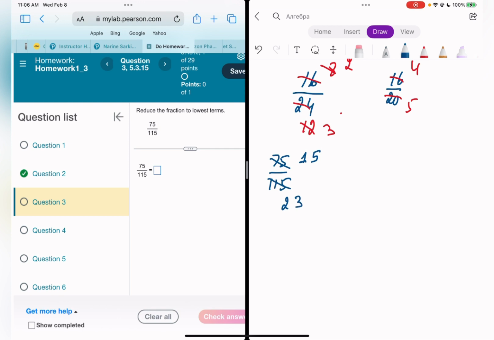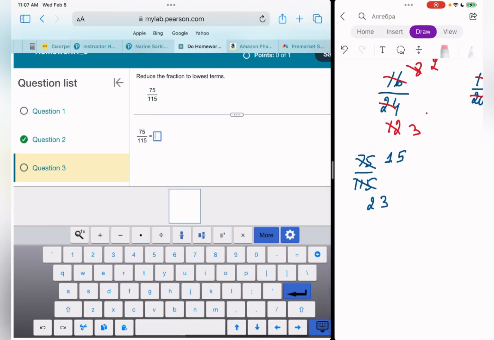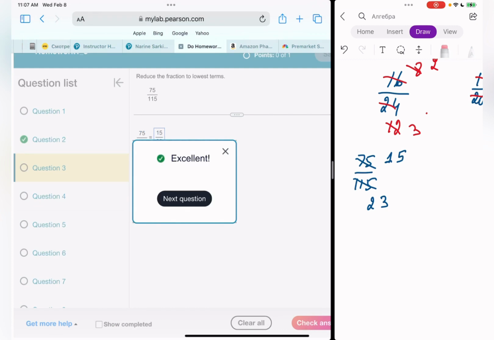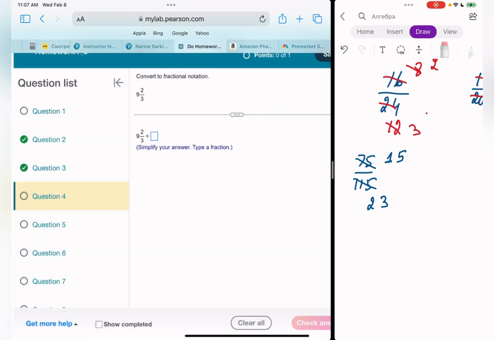15 over 23, I can't do anything else. It's going to be 15 over 23. Let me write down 15. Here is my slash, and then 23. If you click on forward slash, you get the fraction. Next question. Looks like question 1 I forgot to check, but